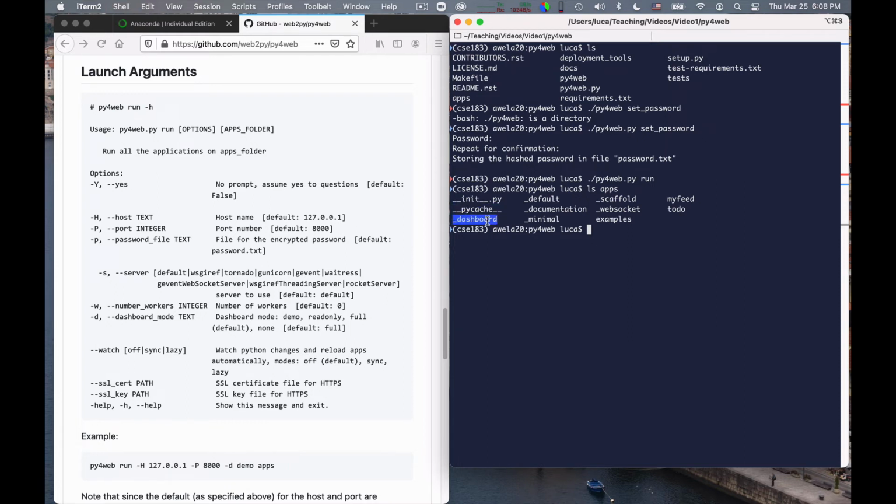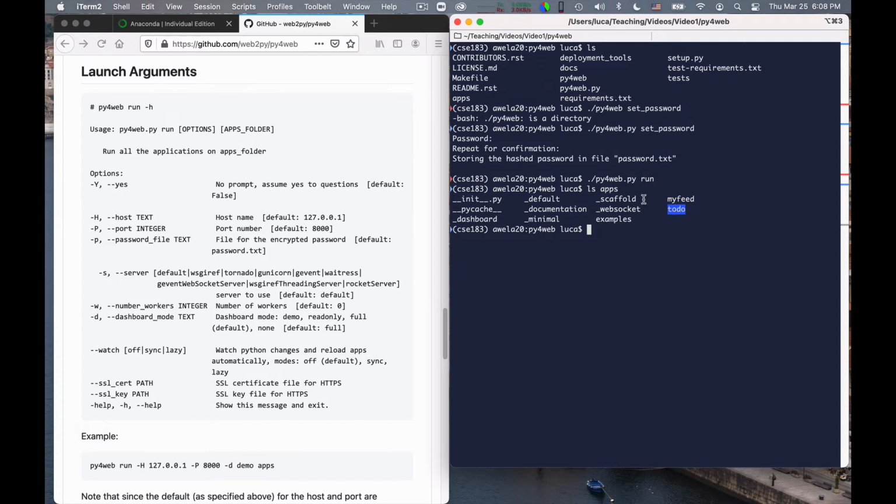But there is a dashboard, a default app, a minimal app that you can modify if you want to start very simple. And then there is a scaffold app that is used as starting point if you want to create a new application. There is an example app, there is a MyFeed app, there is a to-do app, and we will be adding many apps in the course of this class.